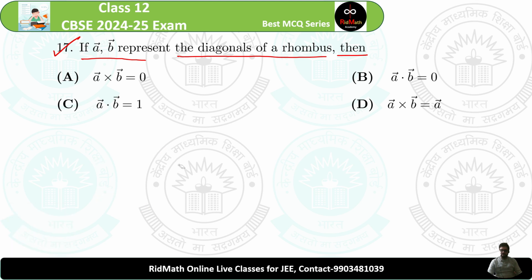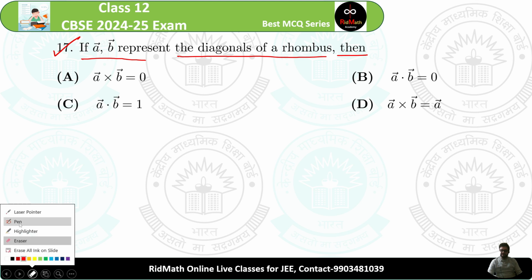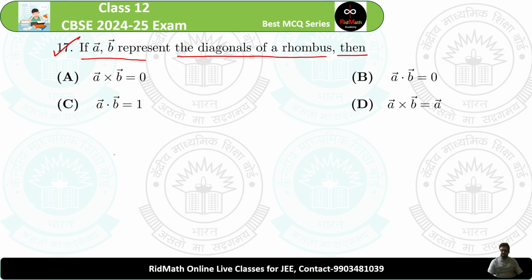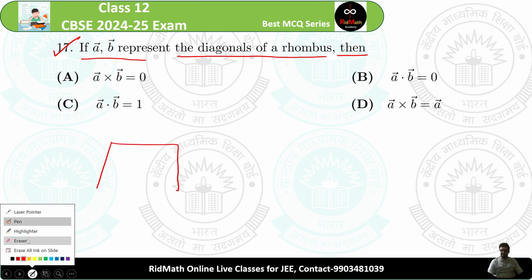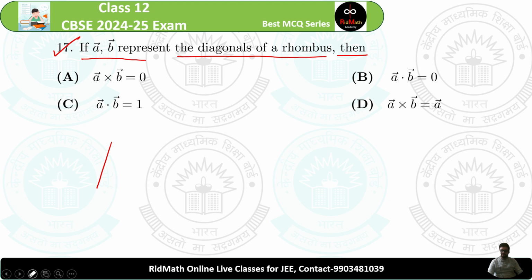Okay, basically the rhombus is a figure for which the sides are of equal length, but the angles are not at 90 degrees. This angle is not 90 degrees, but all sides are equal. But the property of a rhombus is such that